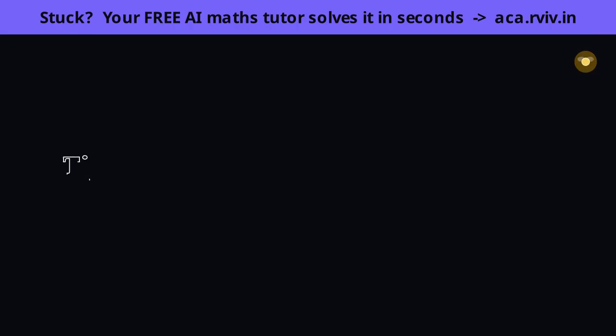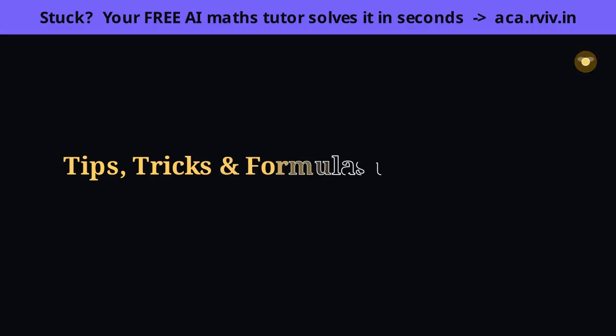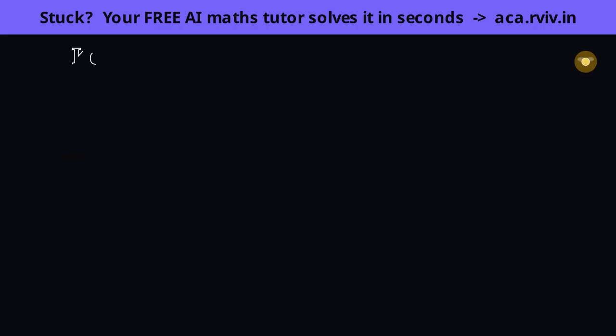Before the exam, let's lock in everything from this chapter, but not as a list to cram. For each formula I'll remind you in one line where it comes from, because a formula you understand is one you can rebuild if your memory blanks in the hall. The key formulas, the smart shortcuts, the traps to dodge, and a memory hook or two. Here is the whole chapter on one card, and every line has a reason behind it.